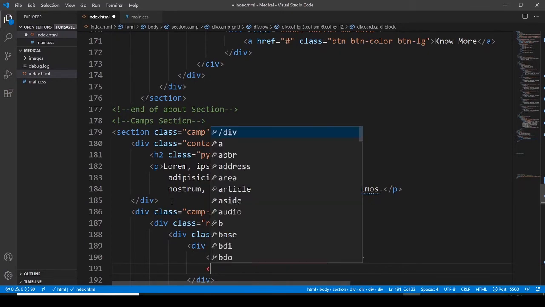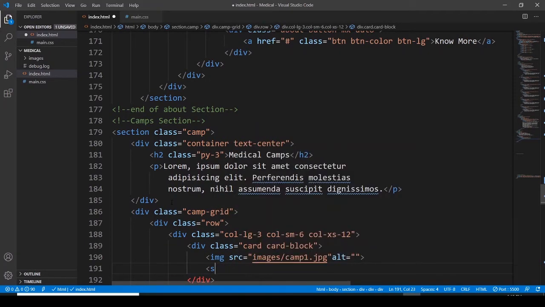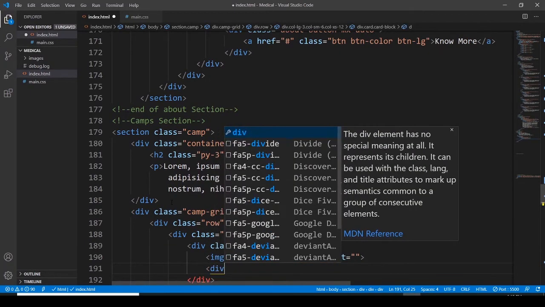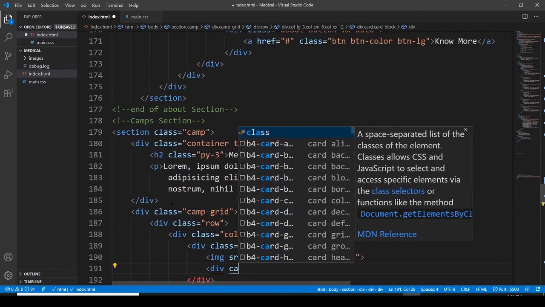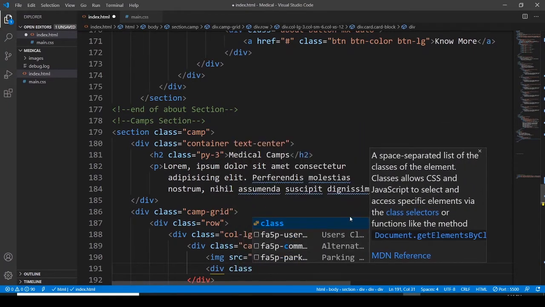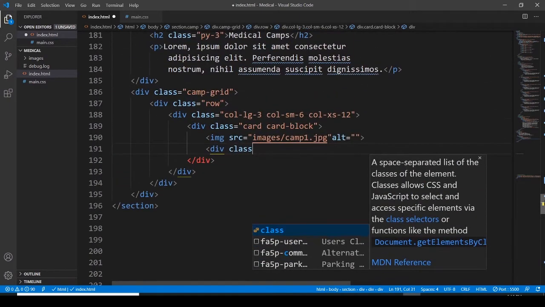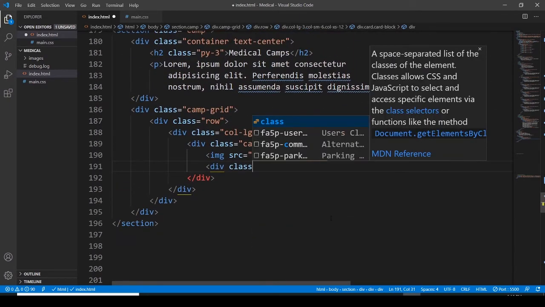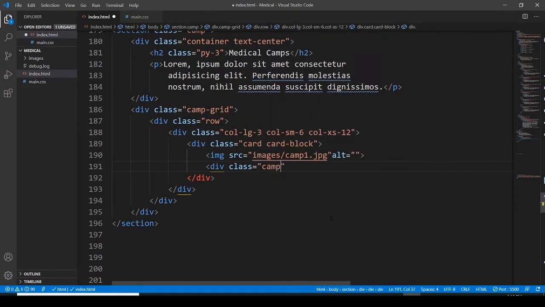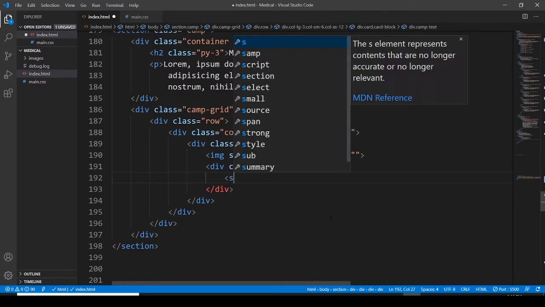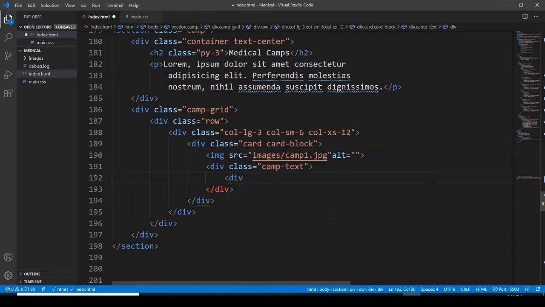Then after, let's have a div, assigning it a class. You know what, let me bring it here. Okay, assigning it a class, and this class is going to be camp text. The text overlay we are going to use here, and its duration,